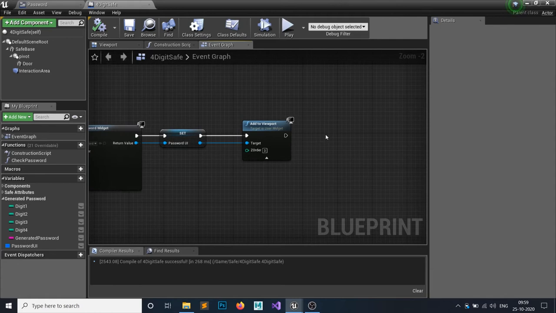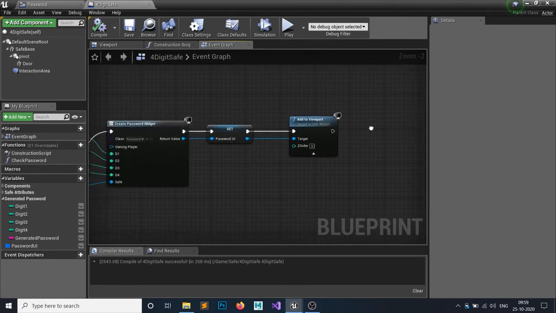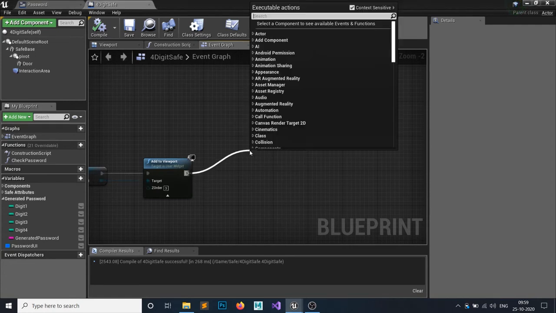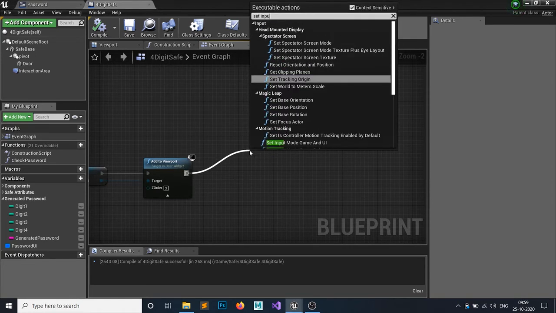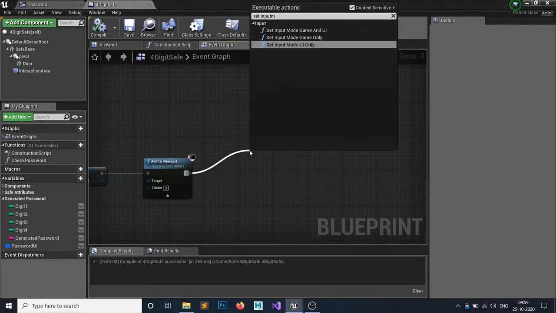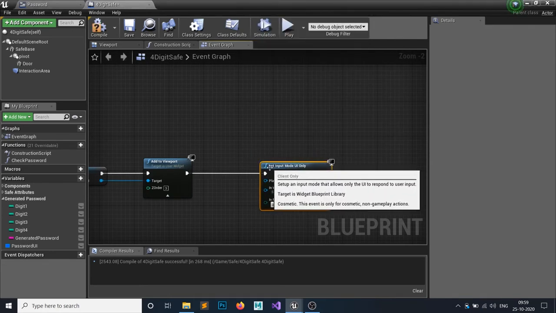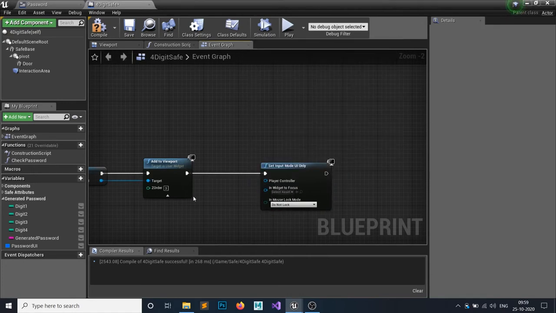So what we want to do? We want to set our UI and we want to set the input mode to UI. So set input mode to UI only. So which UI we want to set? So we want to set this one, the password UI.